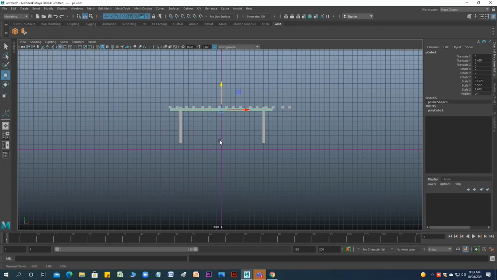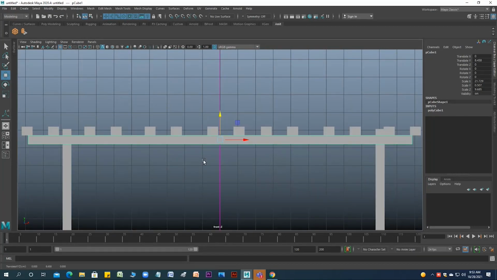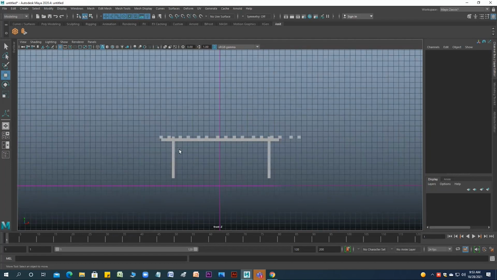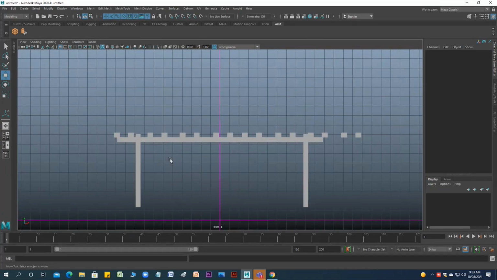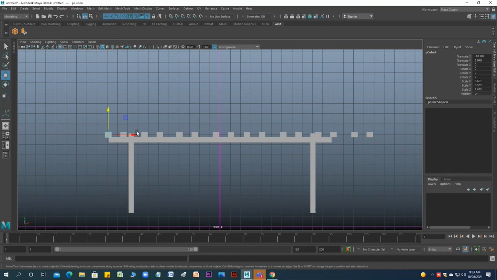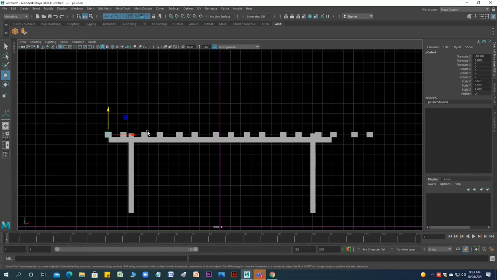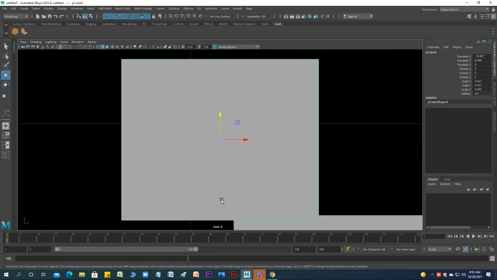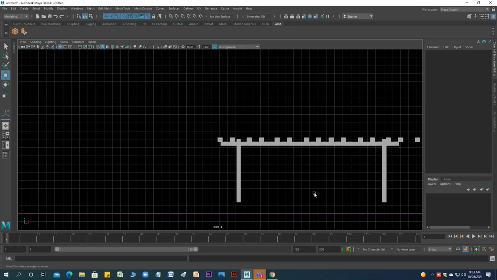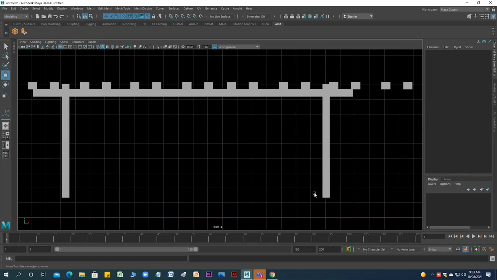What if I press the F key? For example, just look at your screen. If I select this one, the top leftmost corner, and press F, it focuses on the selected object. Other way, if I press A, whatever is in the scene comes into focus.